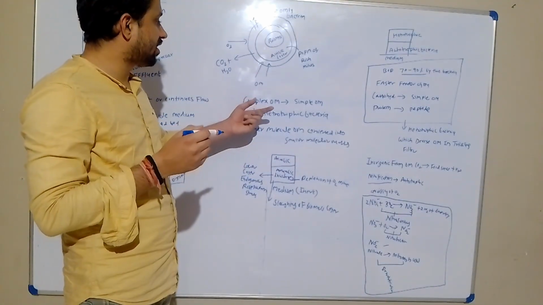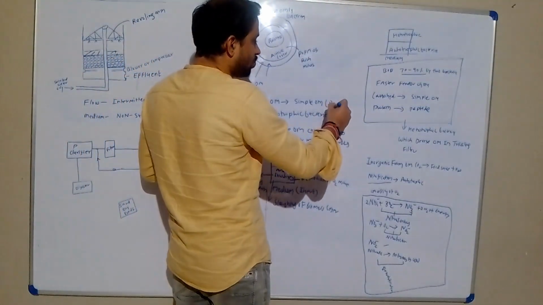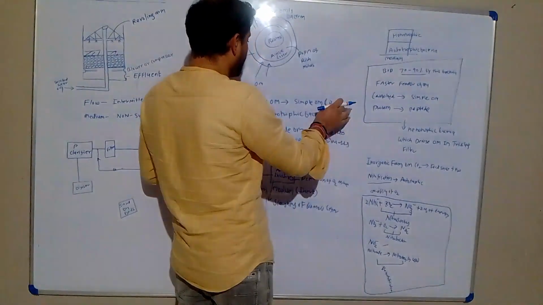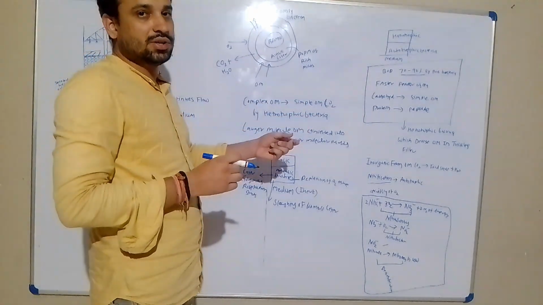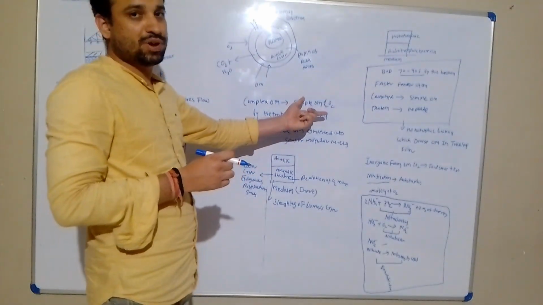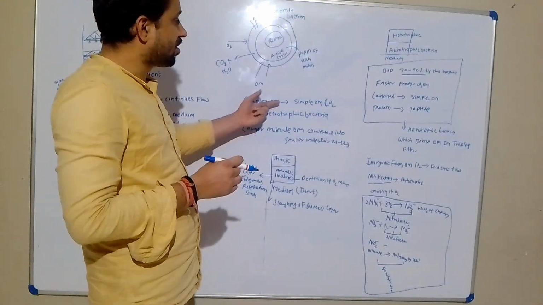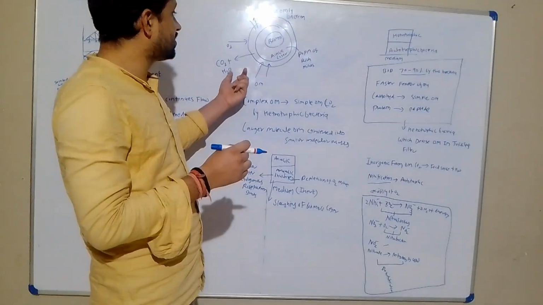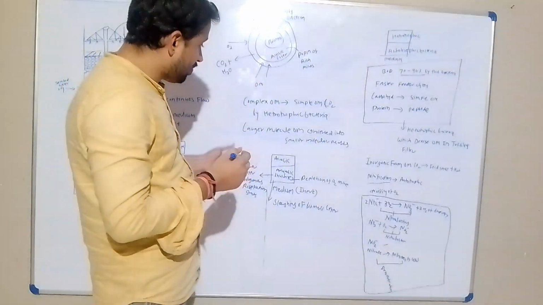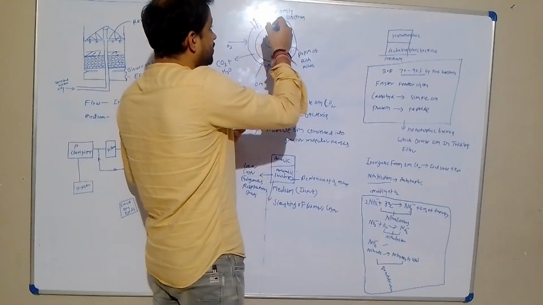By this, complex organic matter is converted to simple organic matter. Simple organic matter is CO2. Complex organic matter, glucose, is converted into simple organic matter, and H2O is released in the wastewater. The ionic form of O2 is dissolved in this wastewater by the heterotrophic bacteria. The metabolism by the